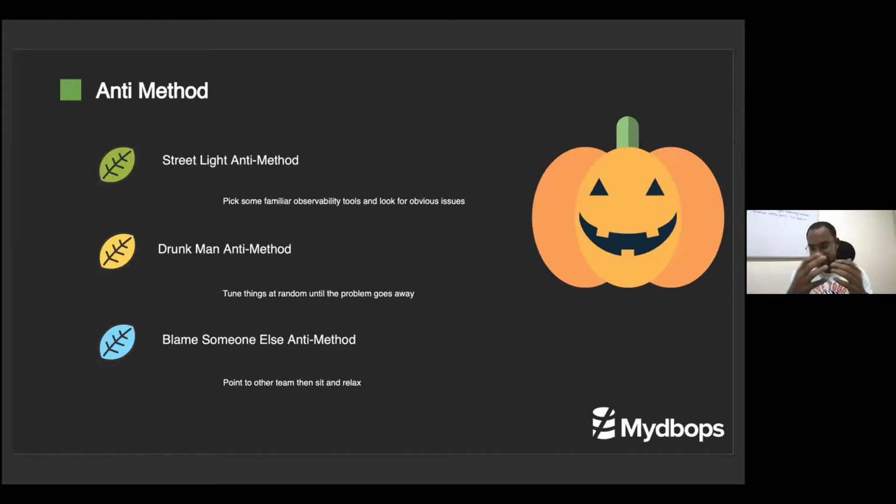Whenever an issue comes to us, or when I get a notification like a server CPU spike, people plainly use the very obvious tool which they know well enough. They try to troubleshoot the issue with what they know, instead of understanding the high level or the core issue they are facing. They look for the obvious issue they know. You have some knowledge and you try to apply it to that issue, but that won't scale, right? Every issue has its own use case and nature, so you need to understand the issue. This is called the streetlight anti-method.